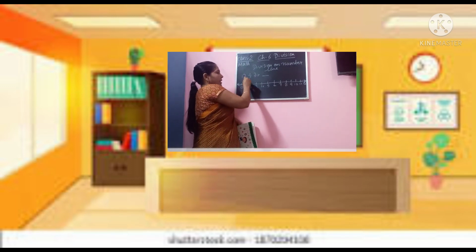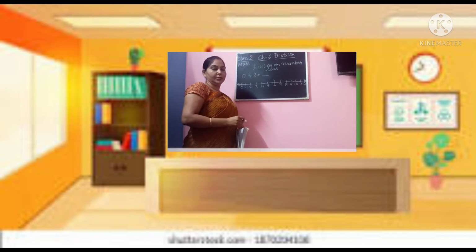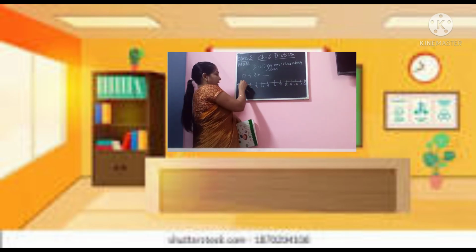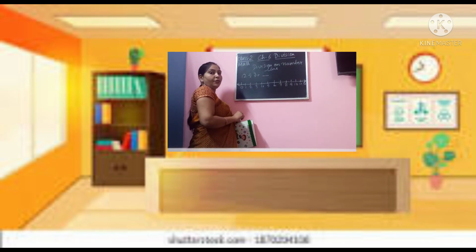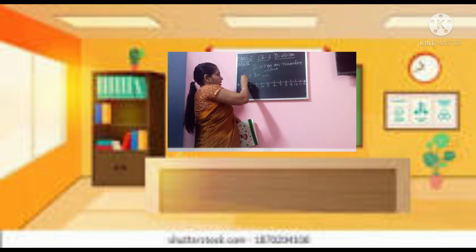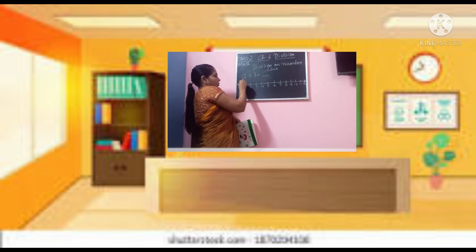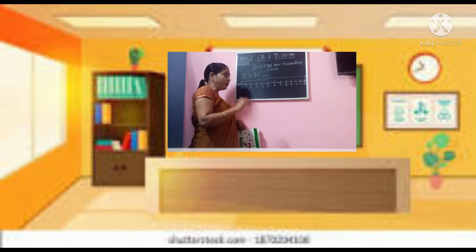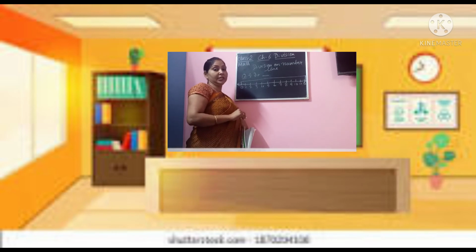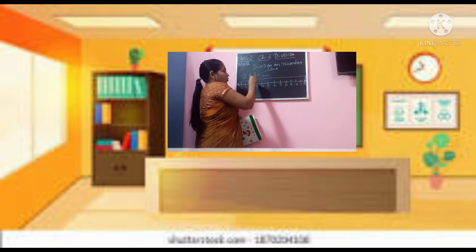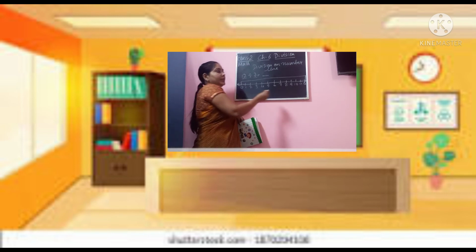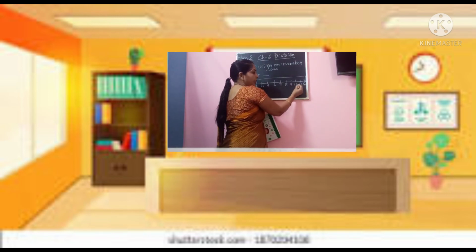So, let's do 1, 2, we have reached 8. Again 1, 2, just skip 2 each time. We have reached 6, again skip 1, 2, we have reached 4, 1, 2, reach 2, 1, 2, then 0. How many times have we skipped? 1, 2, 3, 4 and 5. So, 10 divided by 2 is equal to 5. Okay. In this way, you are going to do division on the number line.